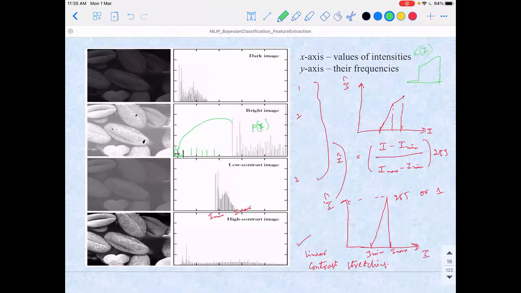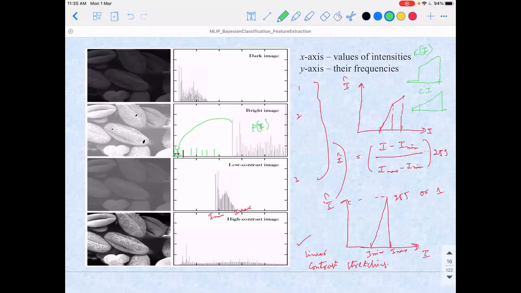Okay, so now what I want to do is, rather than targeting directly bringing this to uniform density, I want to bring this to a roughly linear CDF, C of I. For doing that, I will try to see that in each bin the count is roughly the same, or the increment in count is roughly the same.